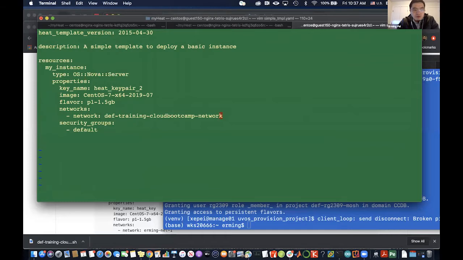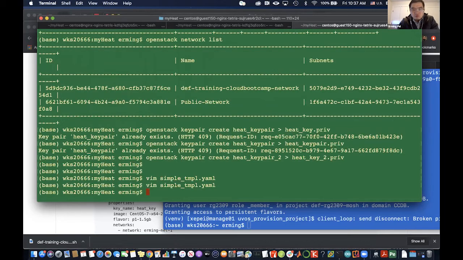Okay. And the security group, there's a default one. At the same time, in order to access it with SSH and to ping it, we have to add more security rules,